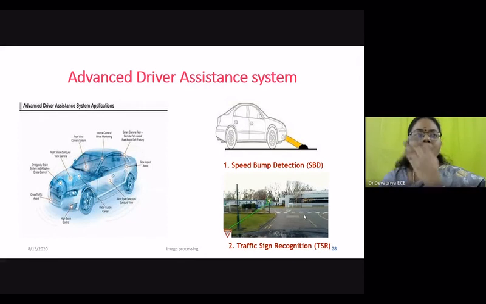So how are we going to differentiate a zebra crossing from a regular speed bump? In a speed bump, there will be some projection. So the white line will not be a straight line. It will be of a curved nature. From that, we are able to differentiate the speed bump and the zebra crossing.